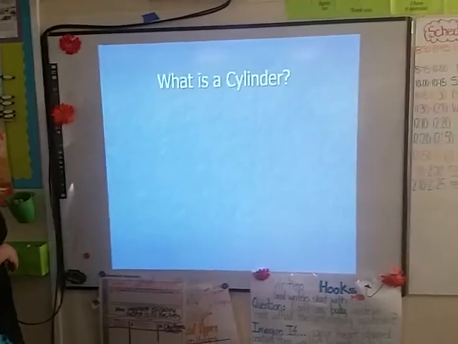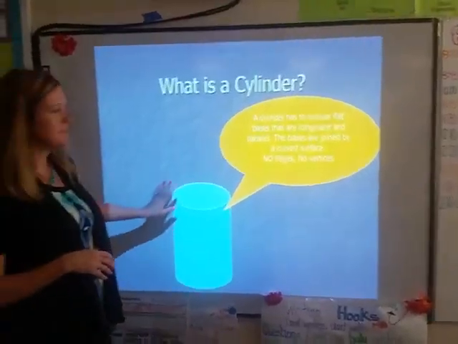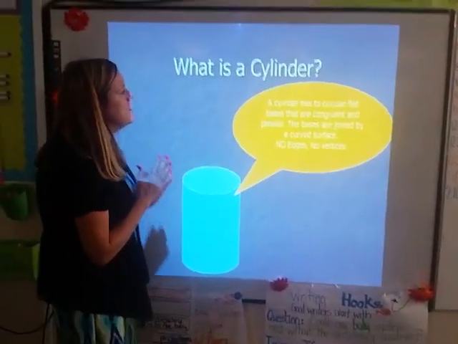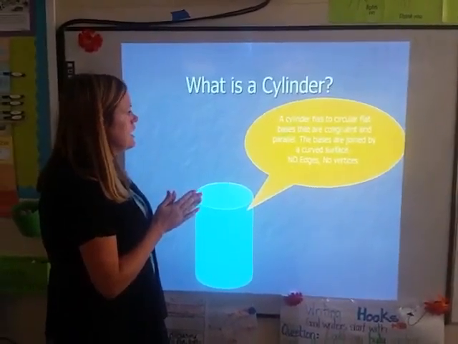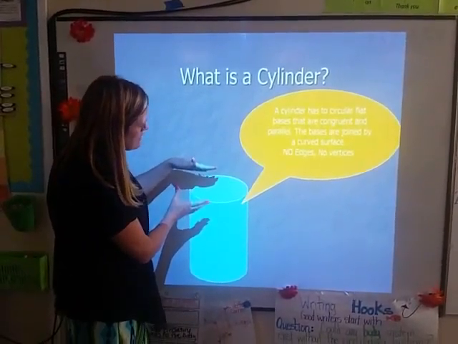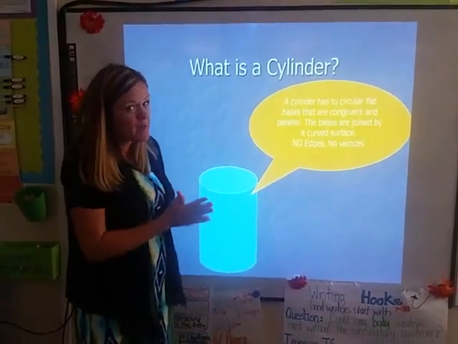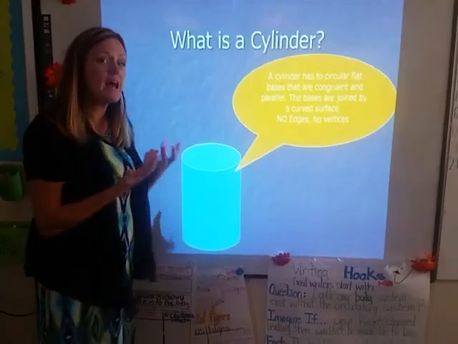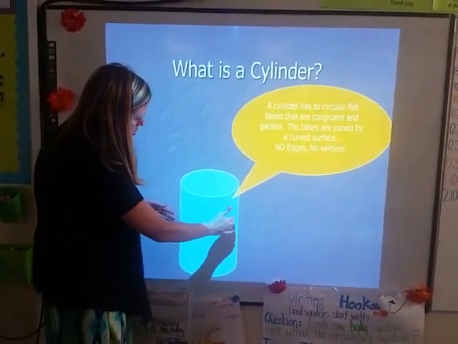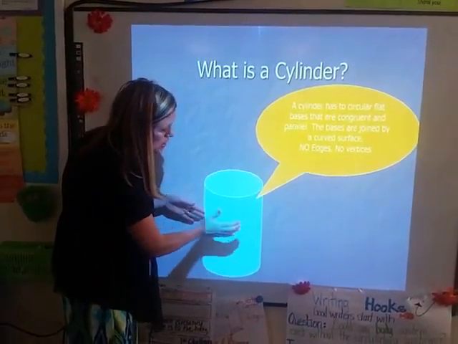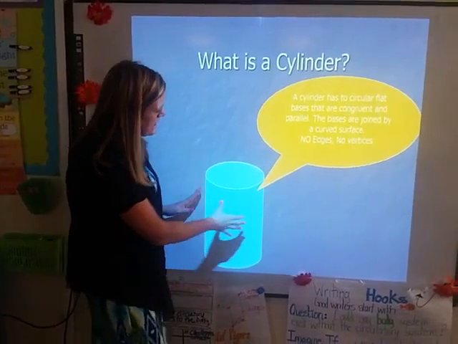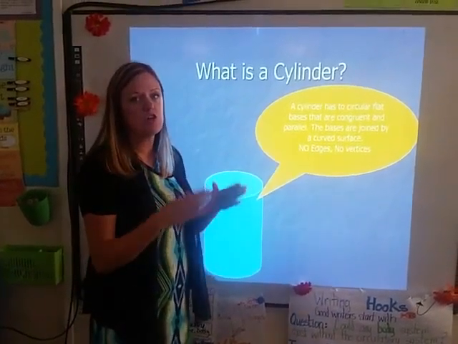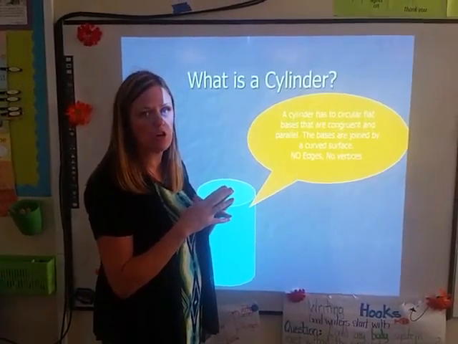What is a cylinder? Well, a cylinder, and it's kind of hard to see from the video, but there's a line here. A cylinder has two circular flat bases. So it has to have how many bases? Two. And they're going to be in the shape of a circle. The other property, or attribute, is the surface is going to be curved. Kind of, again, hard to see in this, but it's going to have a curved surface, and there's no points or vertices like we saw in cubes,